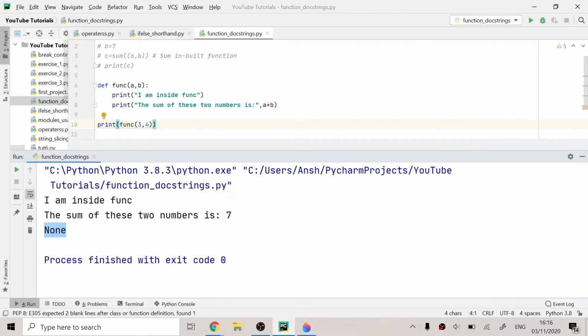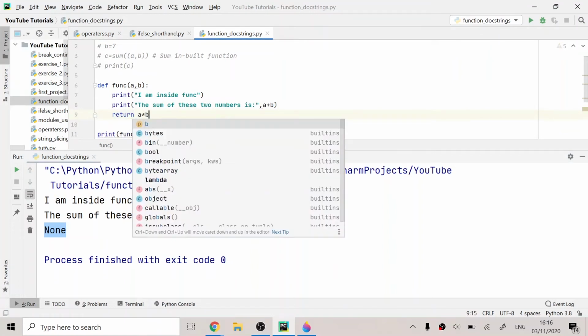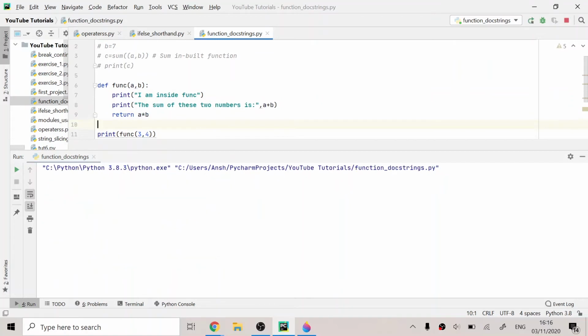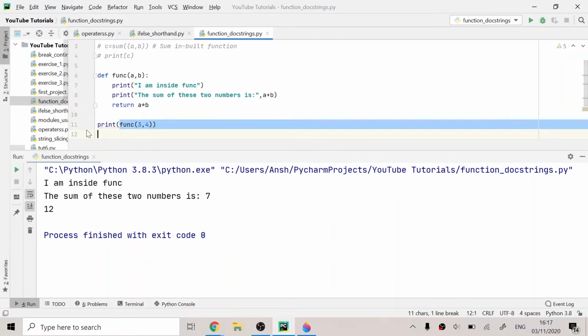So if I write here in the function return a multiplied by b, I'm multiplying these two numbers. As you can see, I'm returning the multiplication of these two numbers. And if I print this, as you can see, it has printed that the sum of these numbers is 7, but it has also printed the return value, that is 12. So as you can see, it has returned a multiplied by b, that is 3 multiplied by 4, and that is 12. So if I remove this print statement,